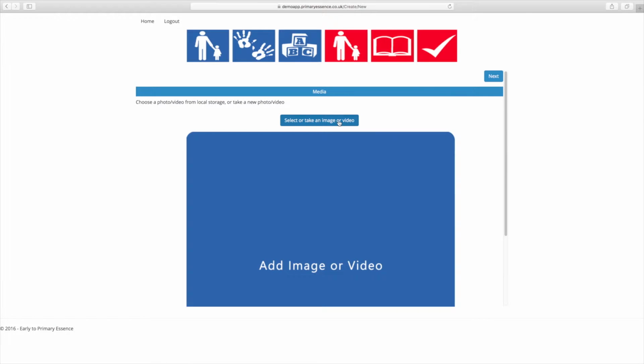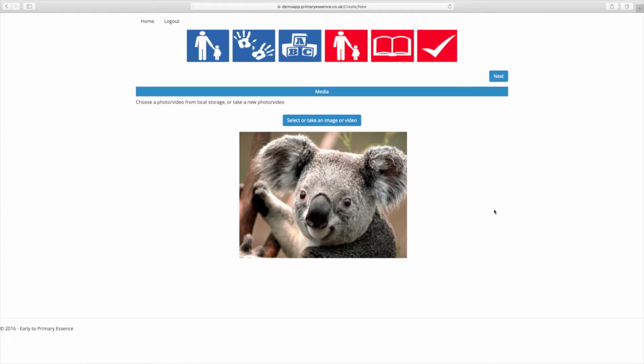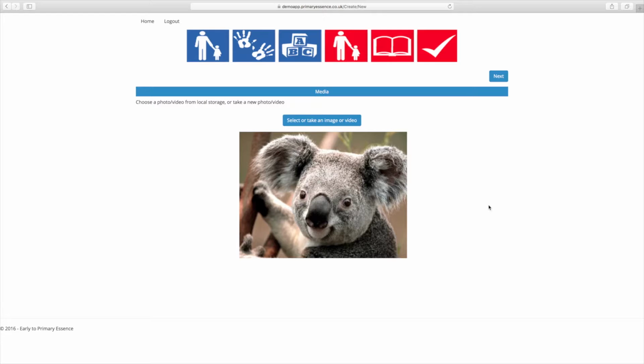In this case, I'm working on a large whiteboard, so I am actually taking that image from the computer's picture section. And my apologies, it's not necessarily relevant to what you're doing. However, that will be your setting with your provision and the children that you know. So I take my image,